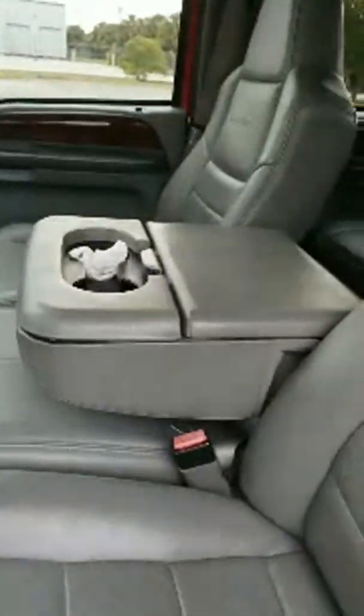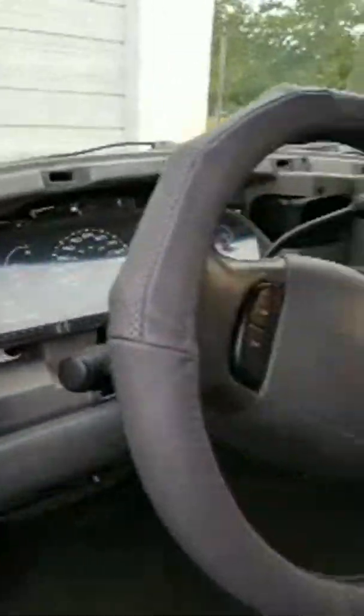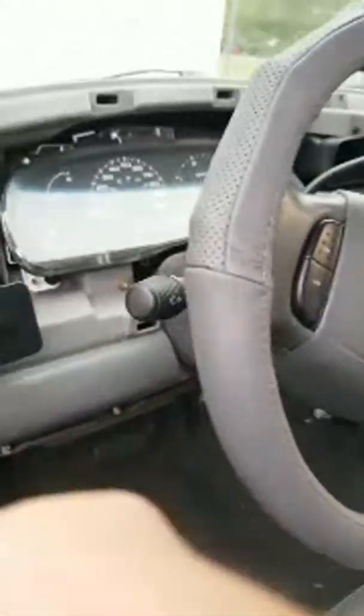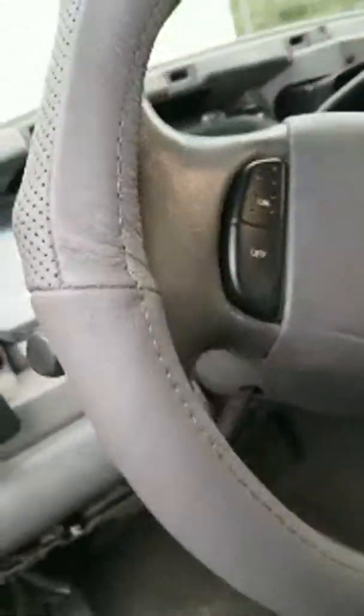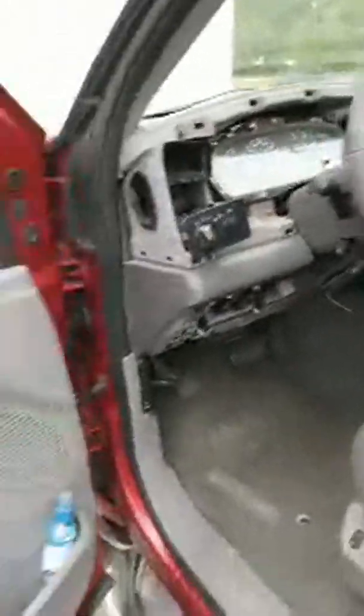Interior is good. Look at this. It's almost like brand new in here. Yeah, the seats are all good. They're not ripped or torn up. Oh, I got the dash off. There's a control box inside, way down deep in the dash. They definitely didn't design this stuff to be repaired, because you got to take apart everything there to get things fixed. So there's a security module,